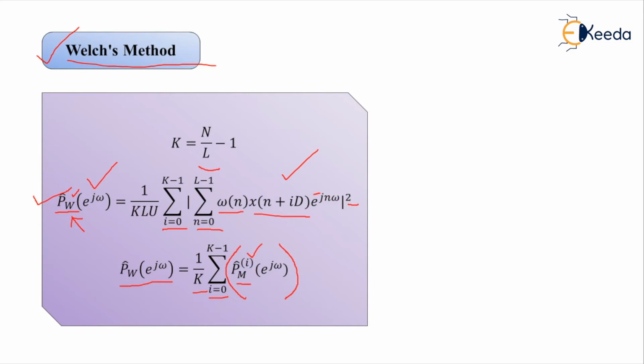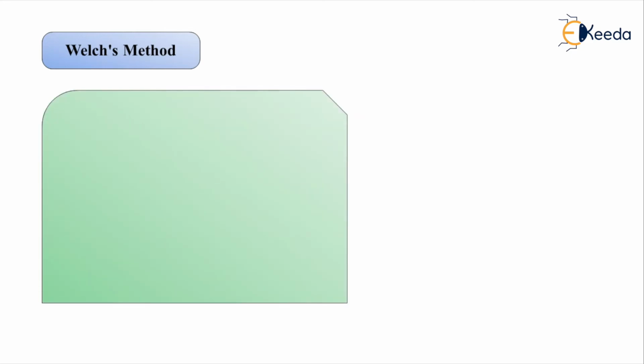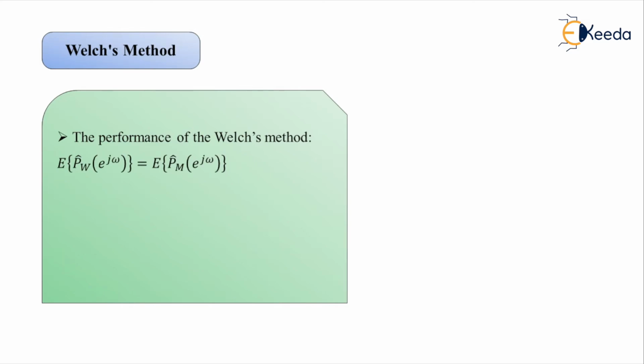And now, as we have already seen the performances of these power spectrum estimation techniques in the previous cases, made with the help of certain statistical characterization like the expected value, also called the mean, and further the variance, the performance of the Welch estimate can be given by the expected value. Here we have the formulation capital E, and within the curly brackets we write the power spectrum estimate of the Welch method. So it is nothing but the estimate of the power spectrum estimate by the modified periodogram method.